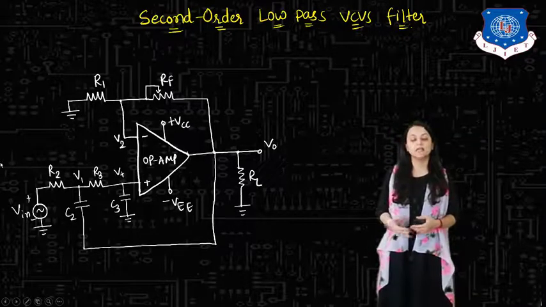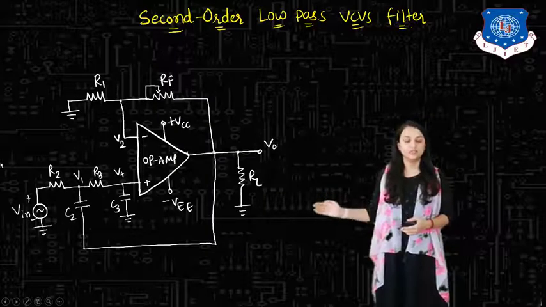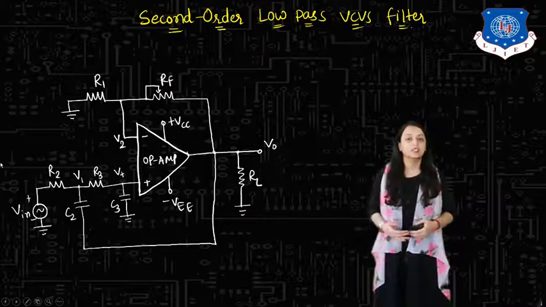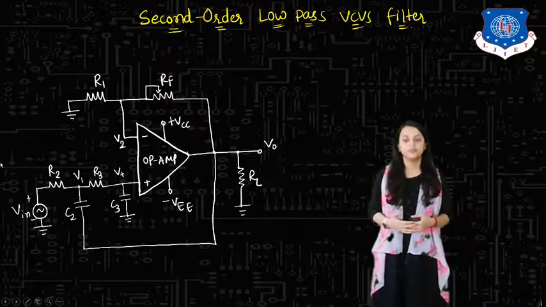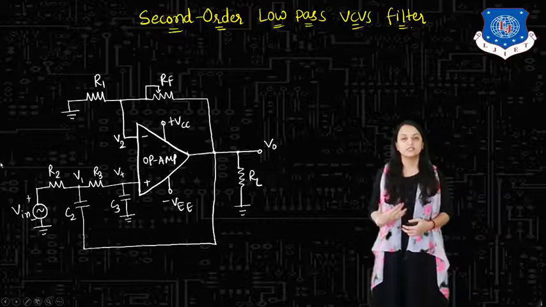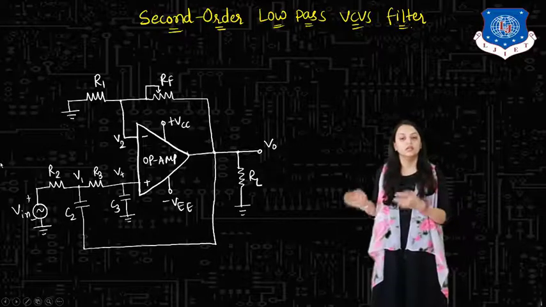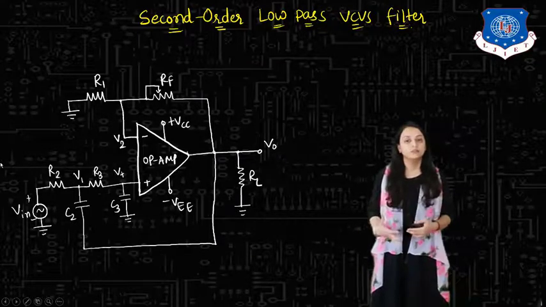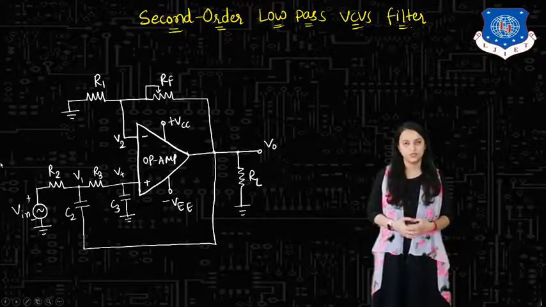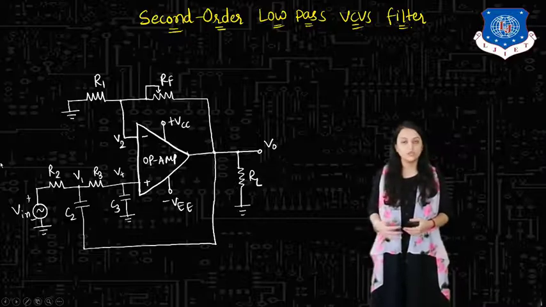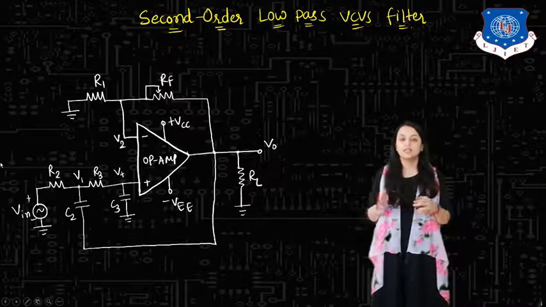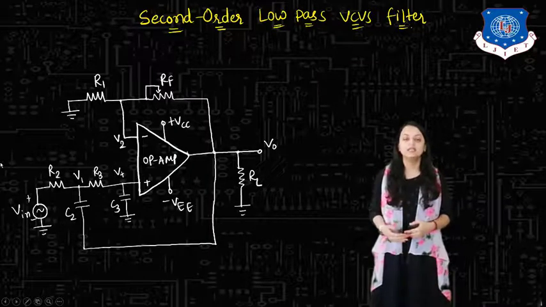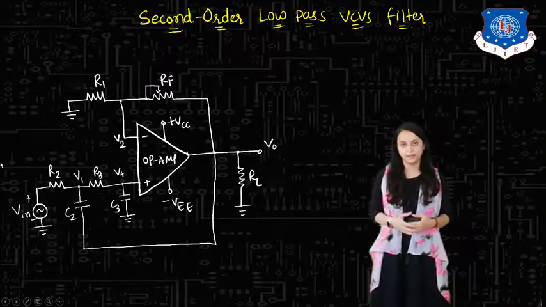Now, why do we call it a low pass filter? As you can see, with the supply voltage Vin, that is input voltage, resistance is directly connected. That's why it is called as low pass filter. We will look in the next topic, that is high pass filter: with the input source, capacitances will be directly connected. That will be called as high pass filter. So if you want to obtain low pass configuration, resistances are to be connected directly with the supply. And if you want high pass filter, capacitances are to be connected directly with the supply.